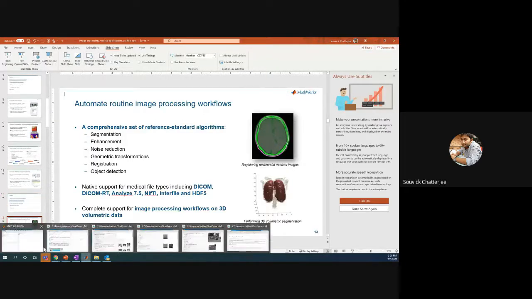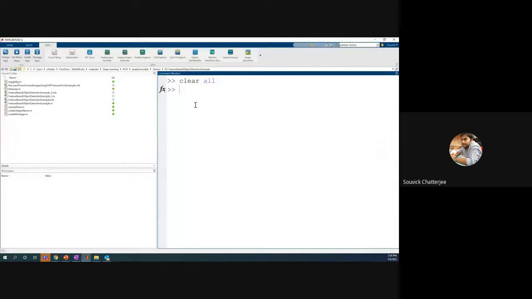I'll just show, because many of you are also starting up on image processing. You mentioned you have not done image processing in MATLAB. So I'll start with something pretty simple, and then I'll go to other areas. Say, for example, if I have to read an image, the command we need to use is called imread.